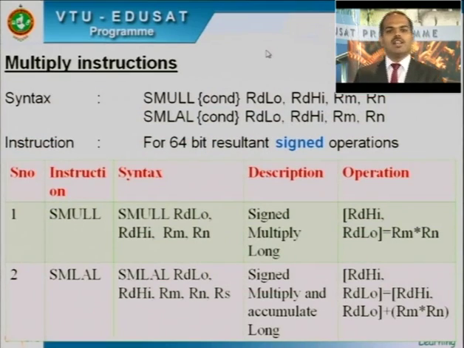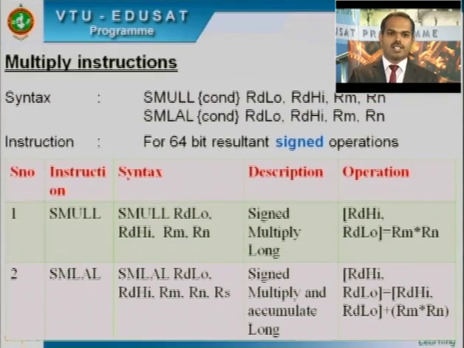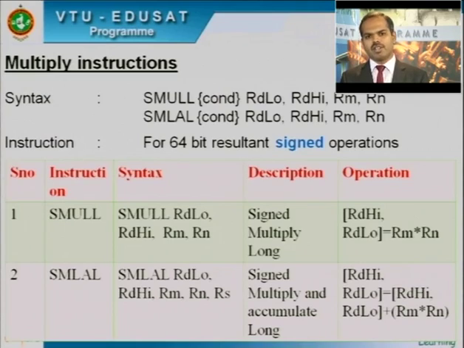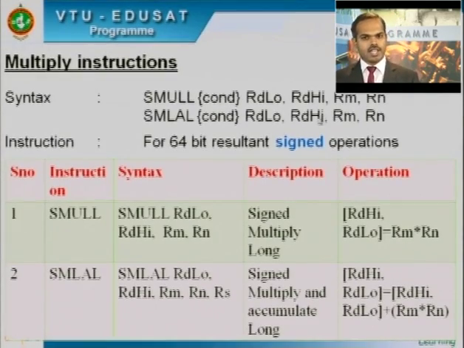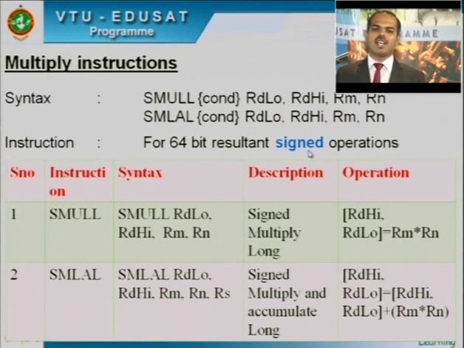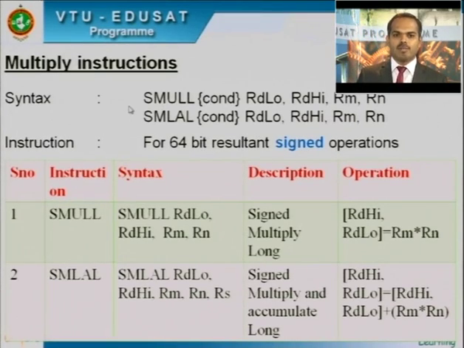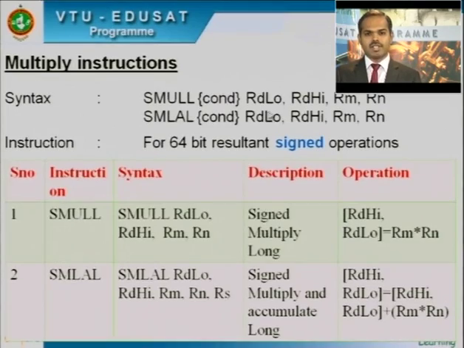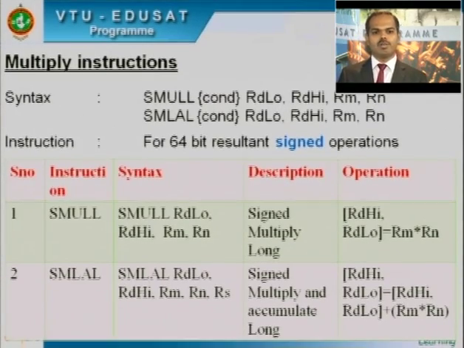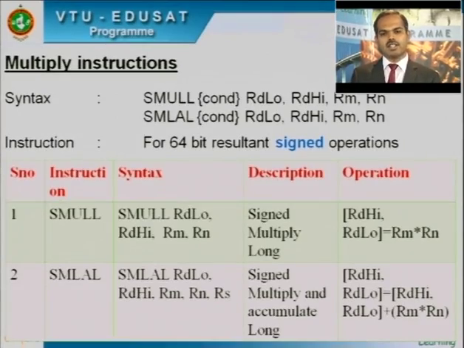Multiply instruction again. Whatever we have discussed till now is just about unsigned multiply long. In this slide, we are showing the same operation, but considering the sign bit. The rest of the procedure, the instruction, the format and the syntax are the same, but it is a signed multiply long and signed multiply and accumulate long. That's the only difference between the unsigned discussion in the previous slide and this slide. The rest of the things follow as they are. So we will go to the next slide to understand the further instructions.